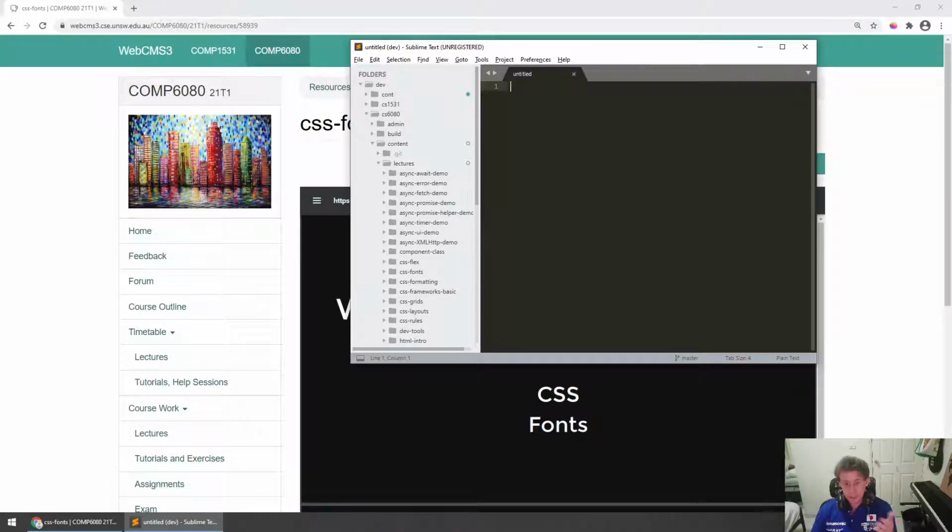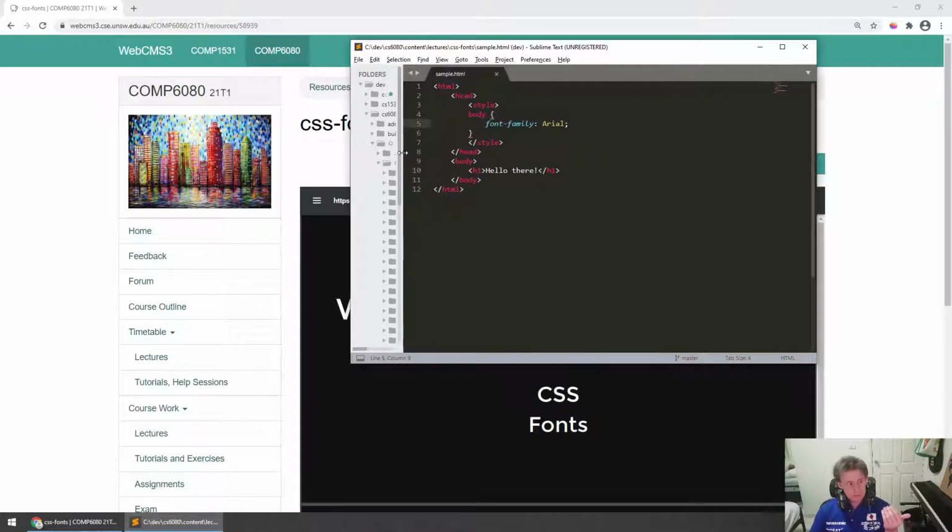Basically, you might have a really simple HTML file, right? Like this, and it's a straightforward file. You have a body with just an H1 element, and an actual style definition here which styles that H1 element, and all it does is set the font family to a fairly simple font like Arial, right? So if we open this in the web browser now,